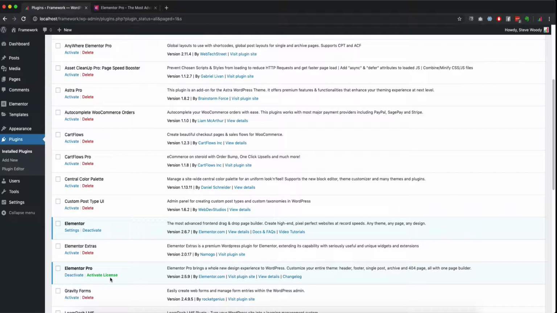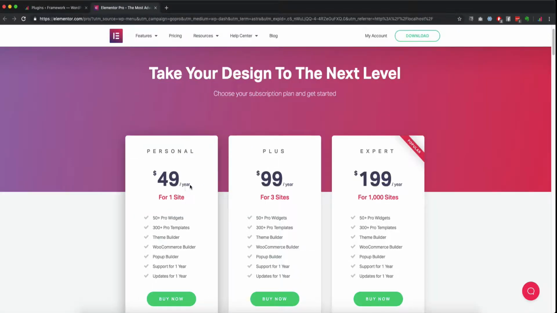One is to support the developers and the team that create these so they can continue to create them and support them. And 2 is you're actually paying for support. If you have a problem, you're paying for the support. And because of the pricing model that plugins use, you'll now see that these are per year. So what this is giving you is,